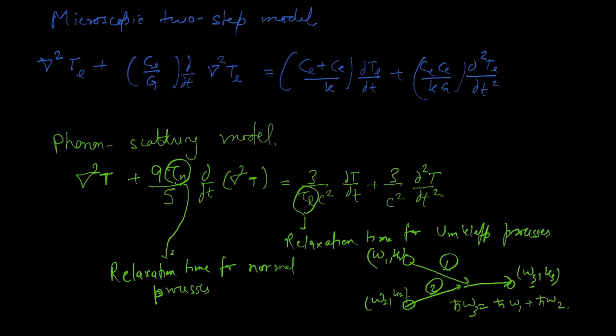That's the energy conservation. And the momentum conservation is simply k3, where k is a wave vector transfer, or you could think of it as momentum conservation, k3 equals k2 plus k1. The h bar would cancel out. So basically what we are saying is omega 3 is equal to omega 1 plus omega 2, and k3 is equal to k2 plus k1. If the scattering happens of this type, we call it normal processes, normal scattering.